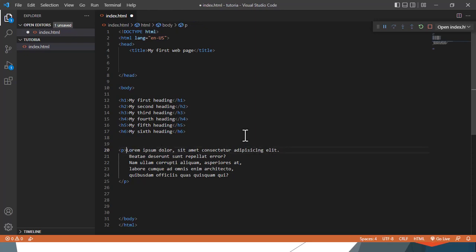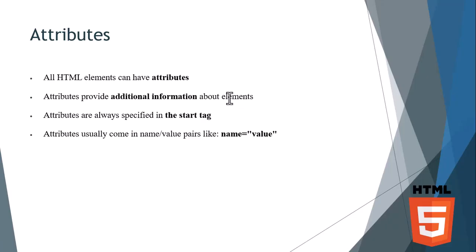They are used for links. For the time being, we will use the a tag and show you what the href attribute does. Okay, so the next thing now are